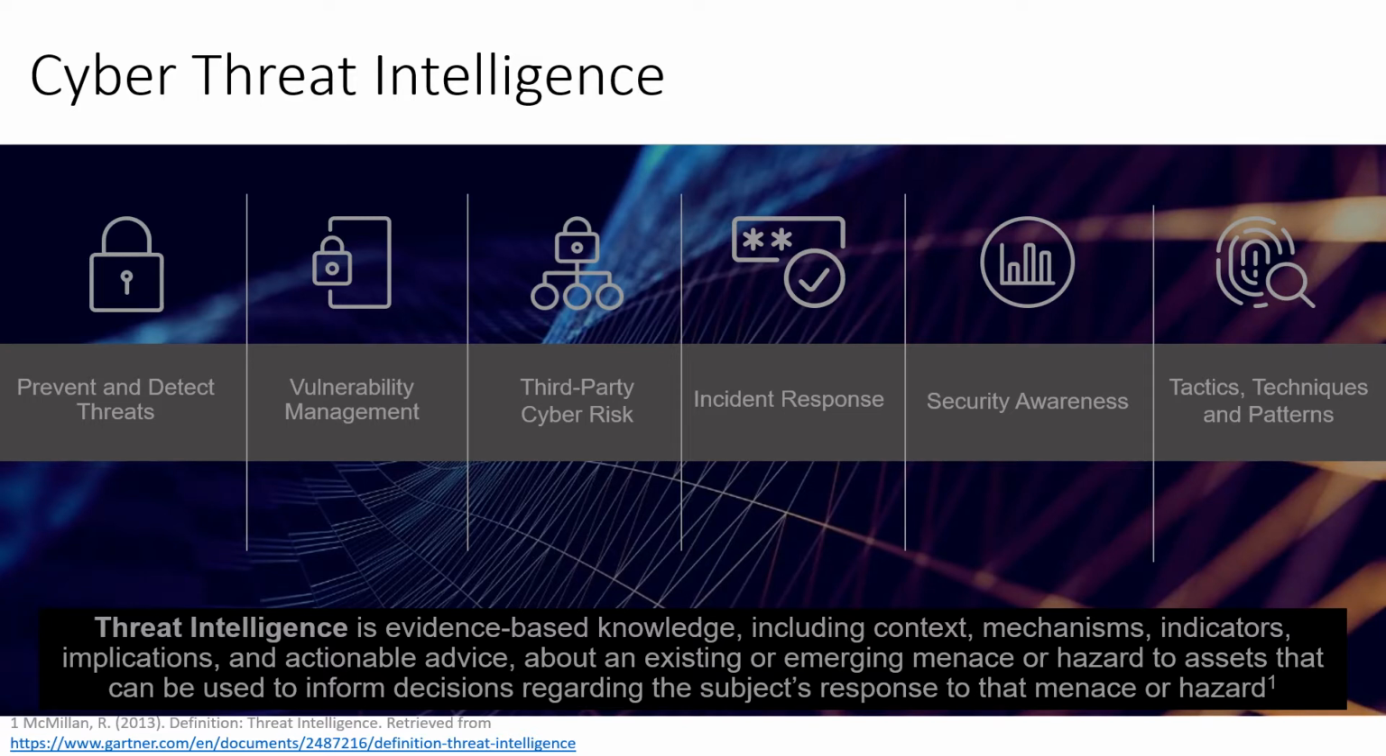According to Gartner, threat intelligence is evidence-based knowledge including context, mechanisms, indicators, implications, and actionable advice about an existing or emerging menace or hazard to assets that can be used to inform decisions regarding the subject's response to that menace or hazard. As we look at the pillars of cybersecurity on the slide, threat intelligence can be used to provide visibility and context, as well as drive strategy and actions around the prevention and detection of threats, a vulnerability management program, which includes the patching of vulnerabilities, third-party cyber risk associated with the vendors with whom we conduct business,